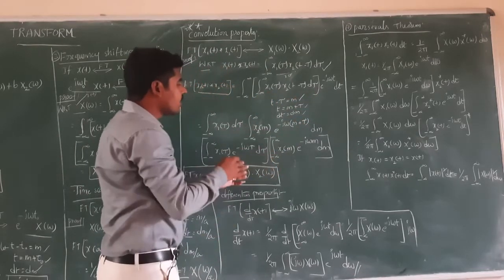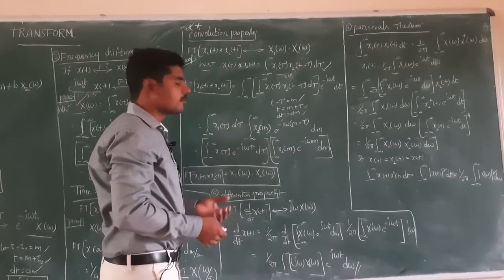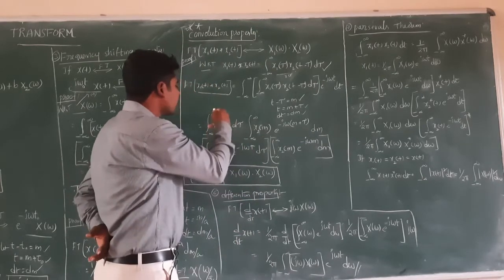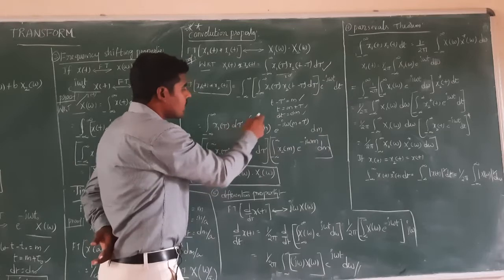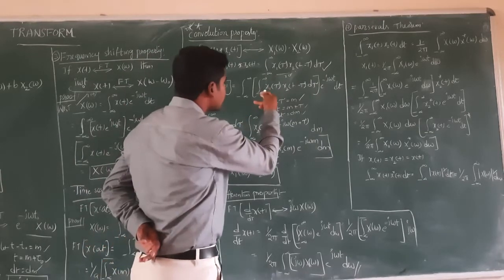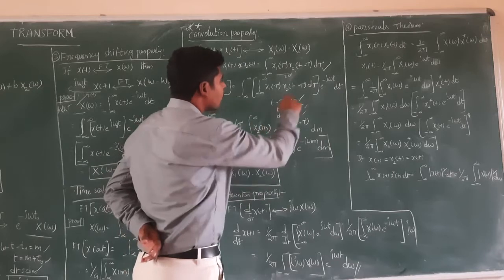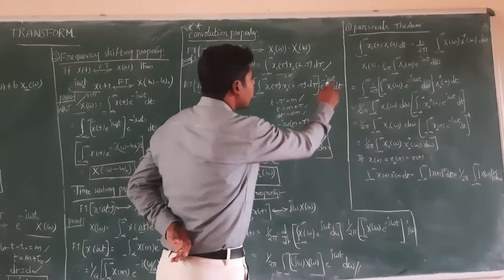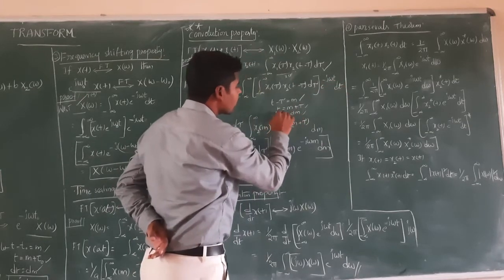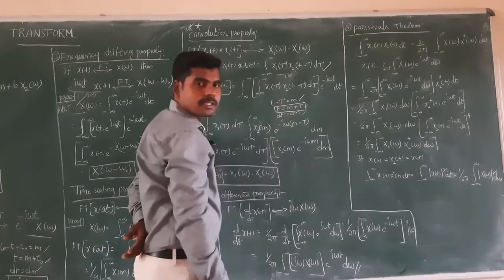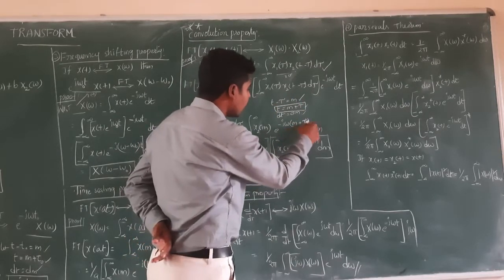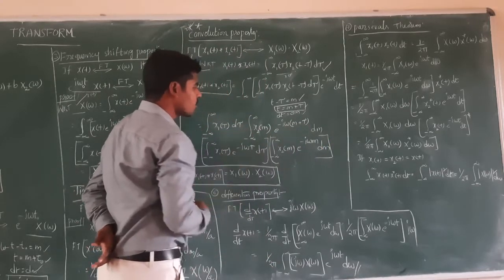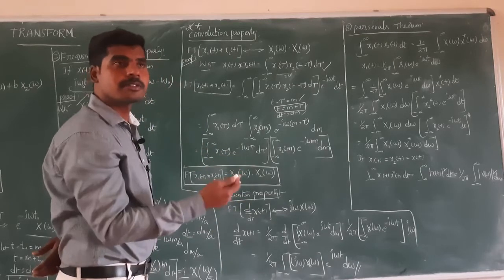Now I will separate the corresponding two different terms. One is in terms of tau, second one is in terms of m. Therefore integral minus infinity to infinity x1 of tau into d tau, and second thing is nothing but we have one more integration: integral minus infinity to infinity x2 of t minus tau, which can be assumed as m, x2 of m e power minus j omega. Here t is there, so replace t with m plus tau, into dt is equal to dm, right? Now you have to separate the corresponding tau terms as well as m terms separately.